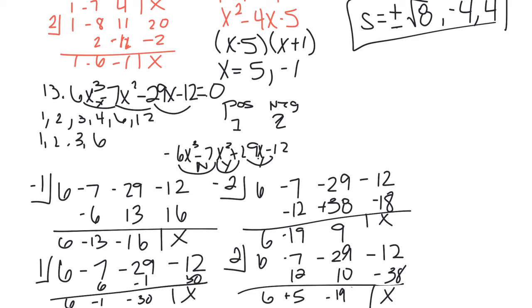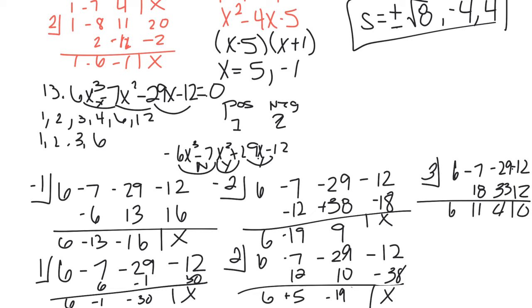And try 3: 6, negative 7, negative 29, and negative 12. 6, 18, 11, 33, 4, 12, 0. Oh, there we go. We found one. So x is equal to 3,